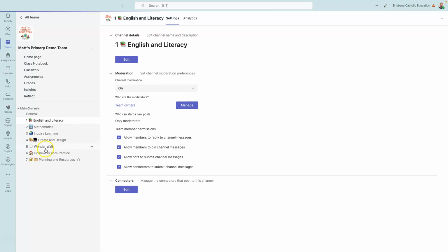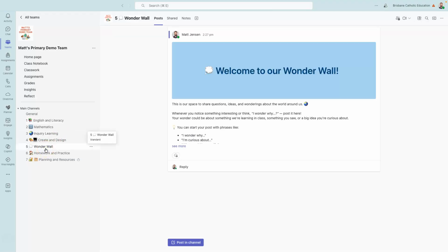Now I've got my Wonderwall channel down here, and what I might want to actually do is cycle through and have as one of my class jobs a weekly moderator for our Wonderwall. And so only that person or those people are allowed to start conversations in that space, but anyone can respond to them. So it's a really handy way just to manage kind of clutter in your channels and just think about how you're going to do a little bit of